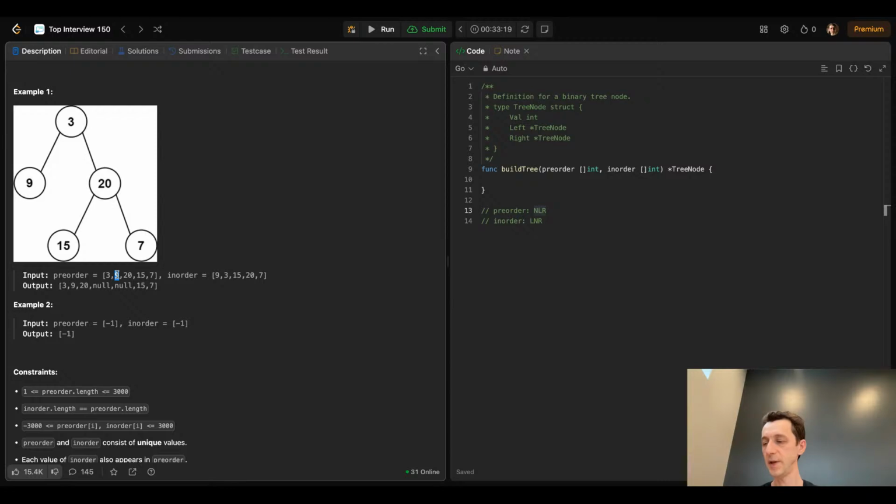Now 9 we see and we don't know from here, but we can assume by looking at the Inorder, we see a 9. We know it's the leftmost thing you can get. 9 is the leftmost thing. But one thing that's for sure, it might not be